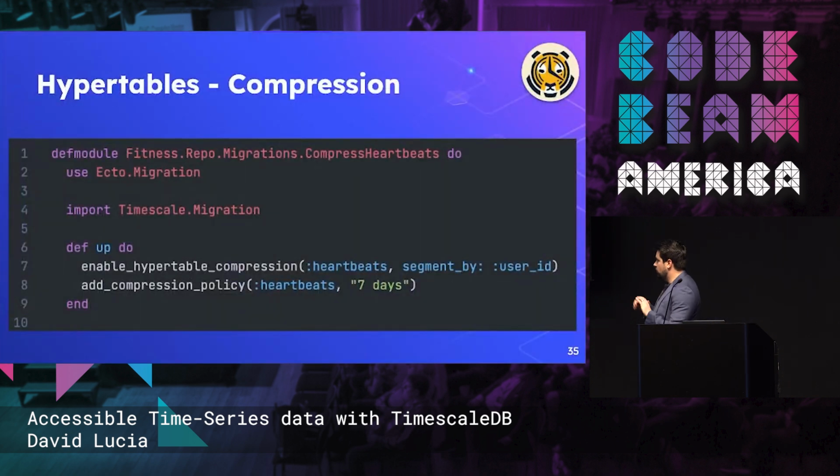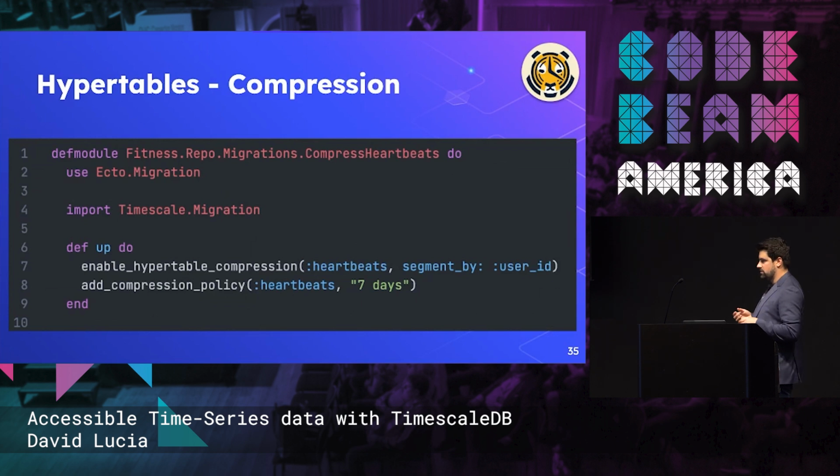All right, so cool, we could query data. What about, I've got a ton of data. I'm generating heartbeats across dozens, my app's really popular, thousands or tens of thousands of users. This data gets really big really fast because we're going to be capturing a lot more than just that. So we can introduce compression policies. And we say on a table, I want to segment the table by a particular attribute, so user, and I want to compress the table based on that.